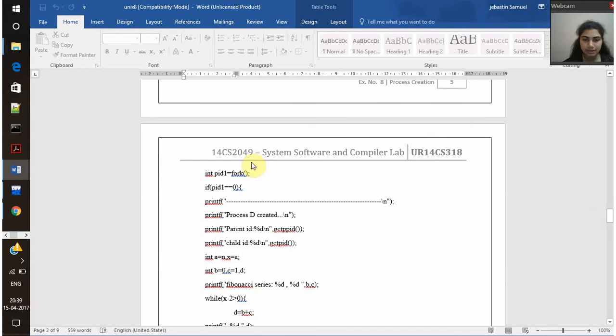Then I have another fork process which is for the next child now. Then process D is created now, and then I'm going to display the parent process ID and the child process ID as well. Now in the Fibonacci series,